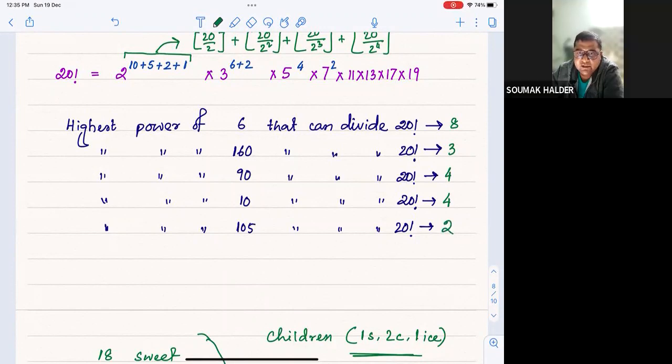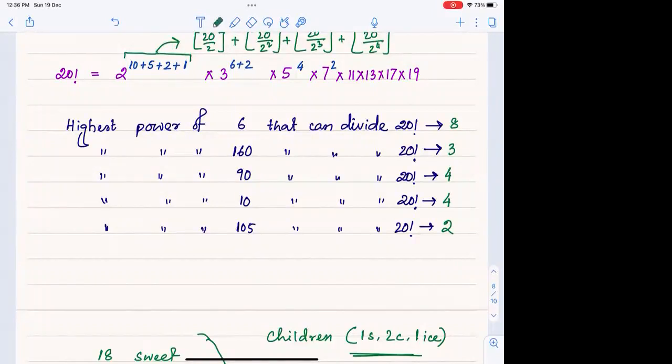Yes, sir. But if the weightage is not the same, then we cannot confirm this result. Like you can look at the second example, the highest power of 160. Though it was made of just two primes, 2 and 5, the weightage was not the same. Corresponding to each 5, we need 5 number of 2's. And that is why, though there were 4 number of 5's, we have got only 3 powers of 160 made of the material we have in 20 factorial. Right? Are you all clear? Yes, sir.